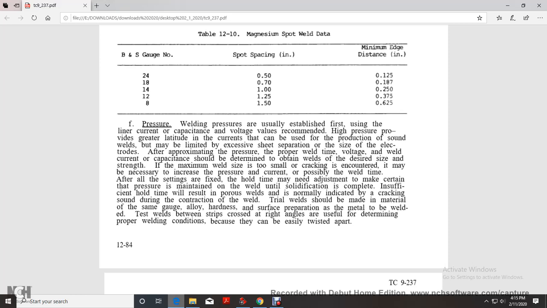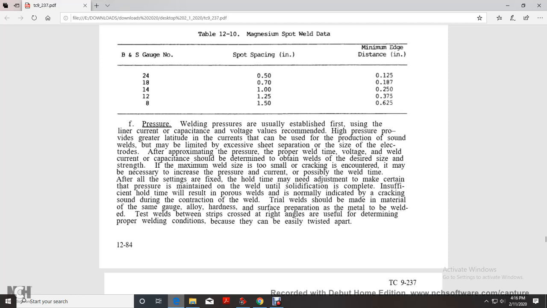After approximate pressure and the proper weld time and voltage, welding current capacity should be determined to obtain the weld of the desired size with the maximum weld size before cracking is encountered. It may be necessary to increase the pressure, current, or weld time after all the settings are fixed, to make it certain that the pressure will be maintained